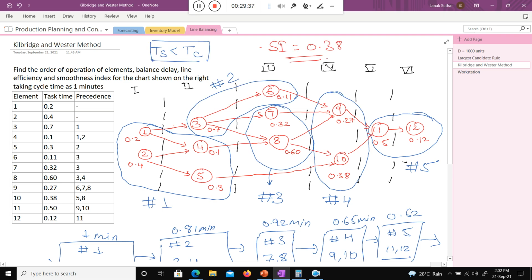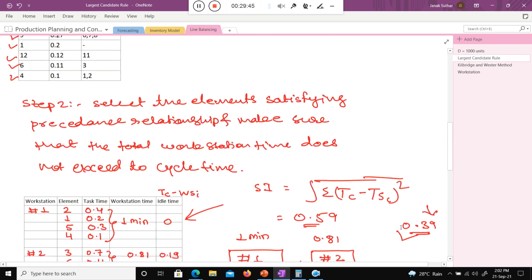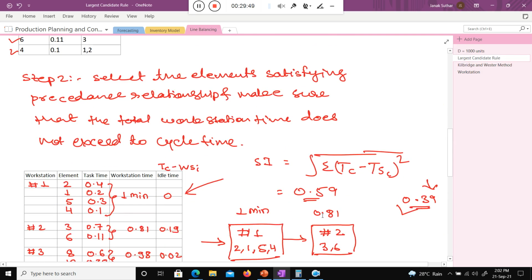What is the SI of the largest candidate rule? I just check here, and this SI is 0.59. So now can you tell me, class, which one is the best, largest candidate or Kilbridge-Wester method?